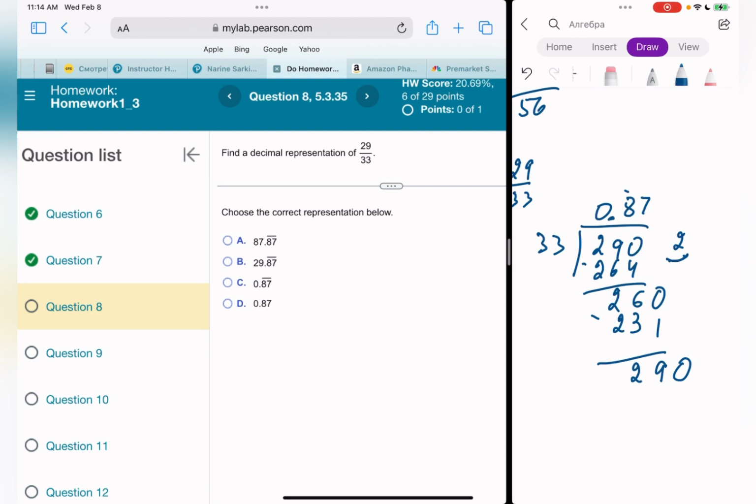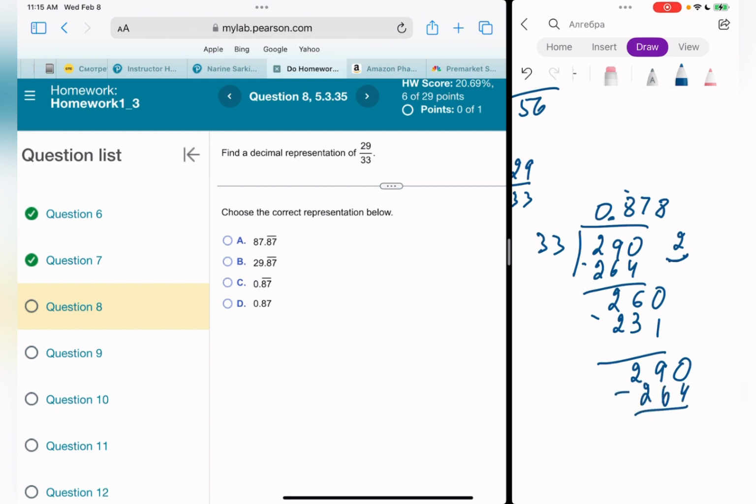See, in the answer here, we have 2 decimals, so this is my second decimal. Now I have to figure out what is repeating, 87 repeating or just 7 repeating, what is it? Okay, 290 divided by 33, and I'm getting another 8. Okay, looks like repeating 87, because if I take 8, it's going to be again 264, and it's